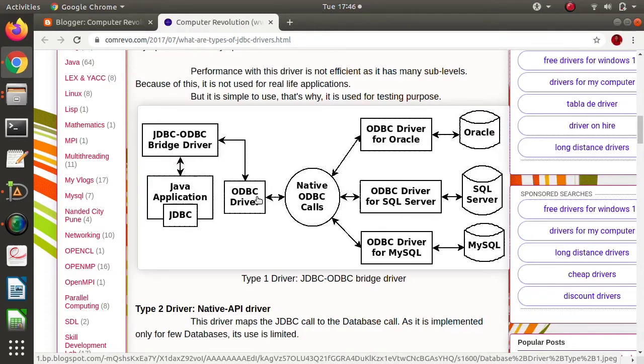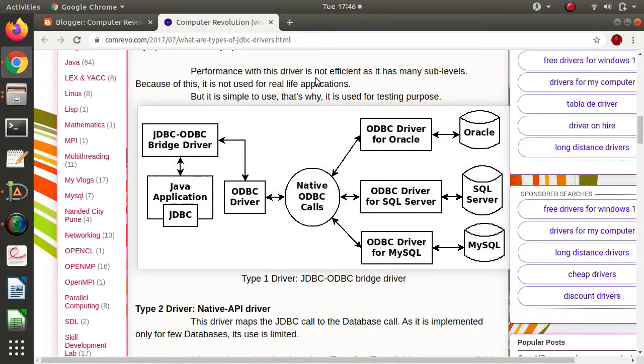These many steps we need to follow, and because of that, the Type 1 driver or JDBC ODBC bridge driver is slower. It requires more time to connect or to perform operations over the databases, and that's why it is not used for commercial applications.